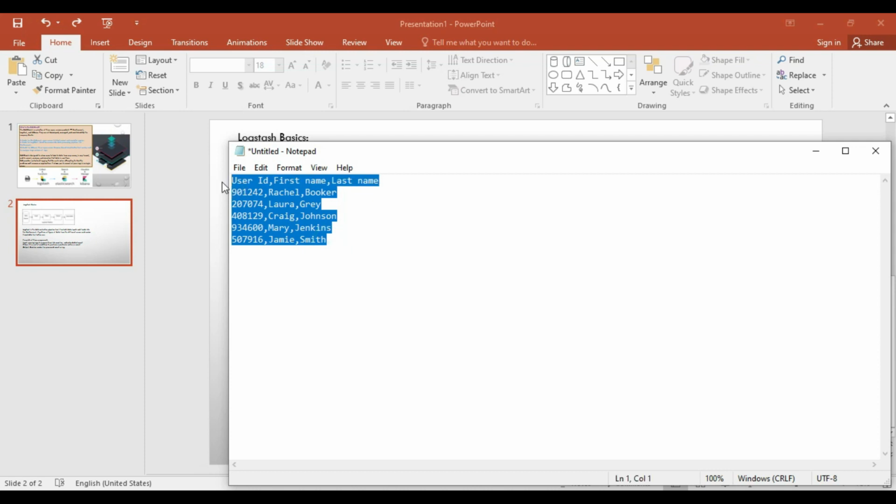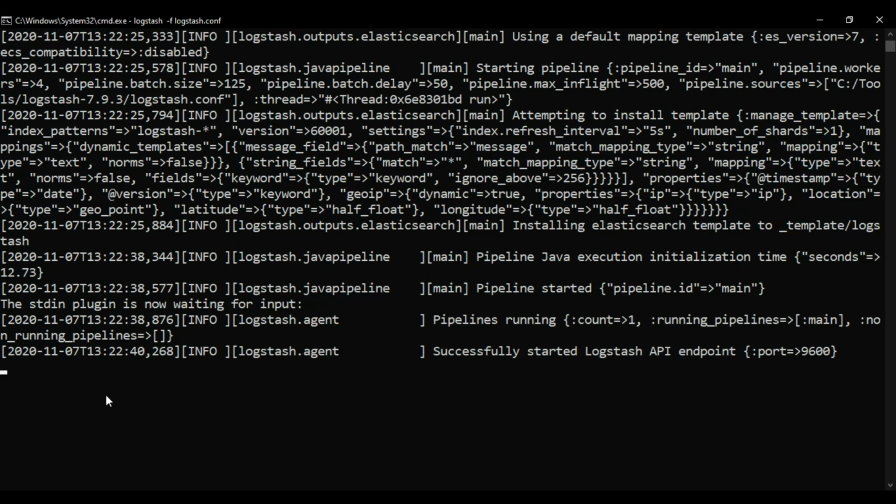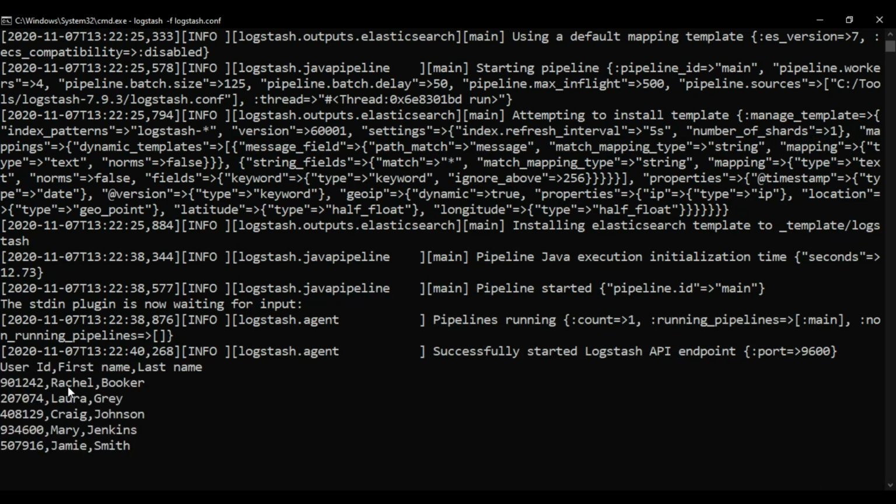So this is my input. Now let's verify that the pipeline is created, my index is created, and I got this data from this input into my Elasticsearch, because our output is Elasticsearch.